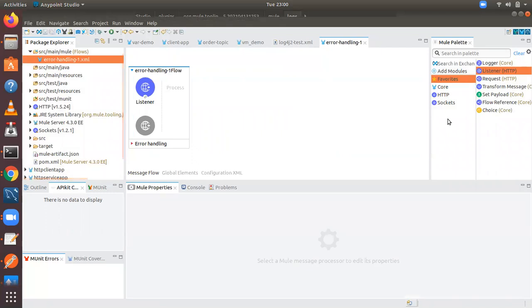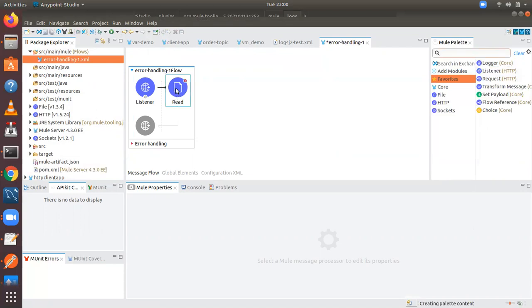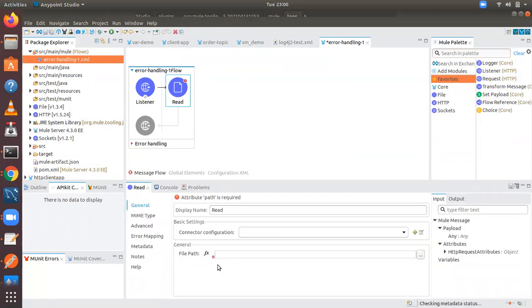And now what I'm doing is I'm trying to read the file using the file read. That file does not exist on my machine. My machine is a Linux machine, but I'm giving the path as a Windows path, something like this. I'm giving an illegal path, test.txt. In Linux, this path is not valid.